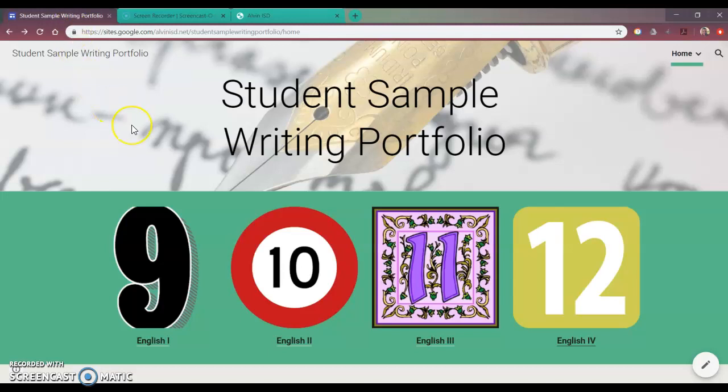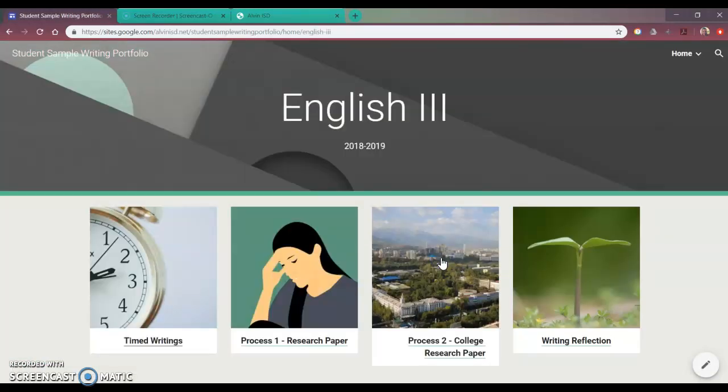Here we have the home page. Obviously yours doesn't have to look as intricate as this, but it gives you a link and an image to go to all 4 grade levels through high school, or if you are in junior high, it would be according to that, obviously. These examples that we have are here under English 3. So I'm going to click on that link,